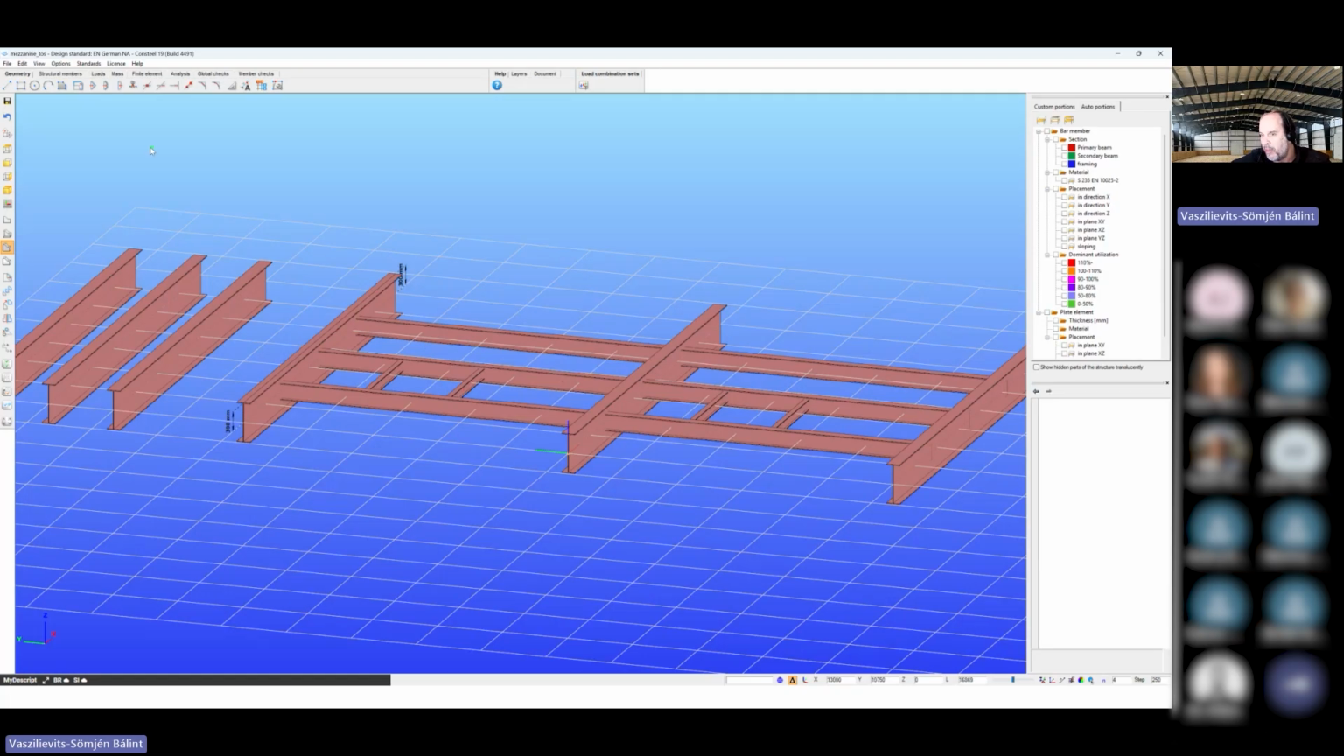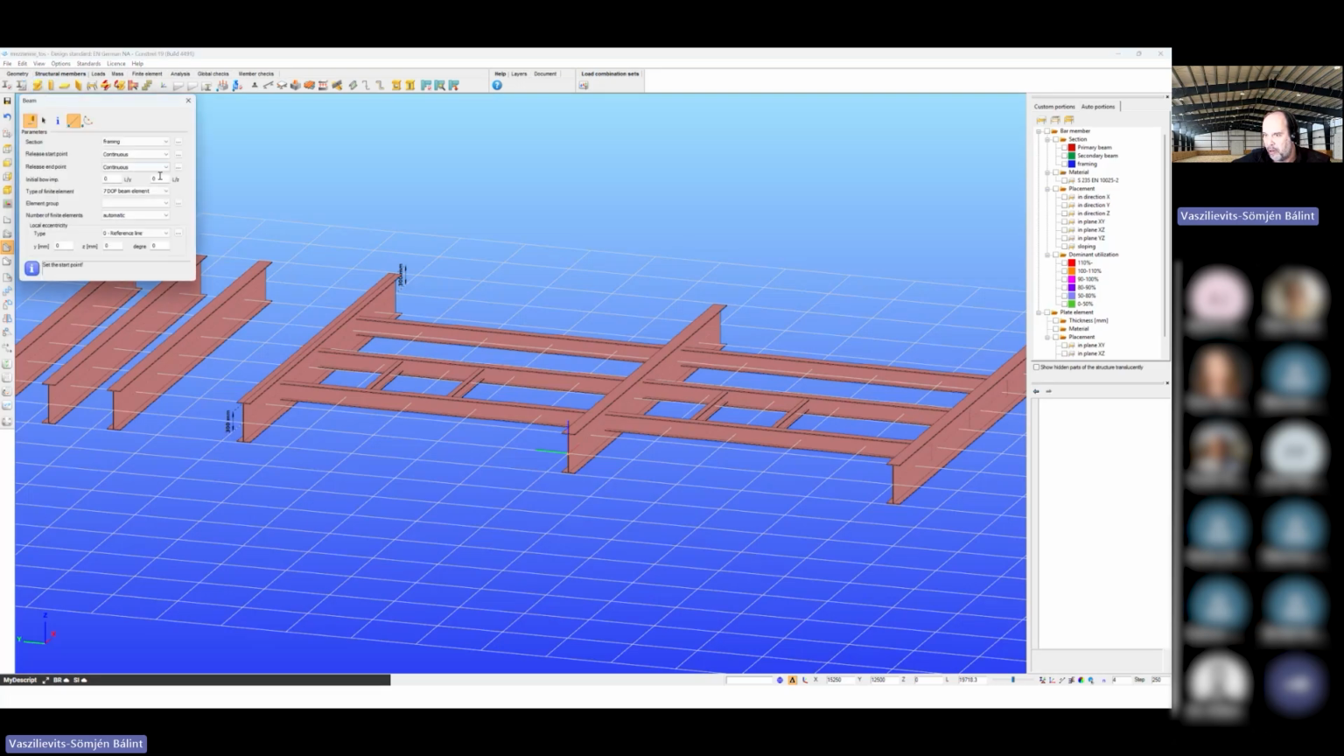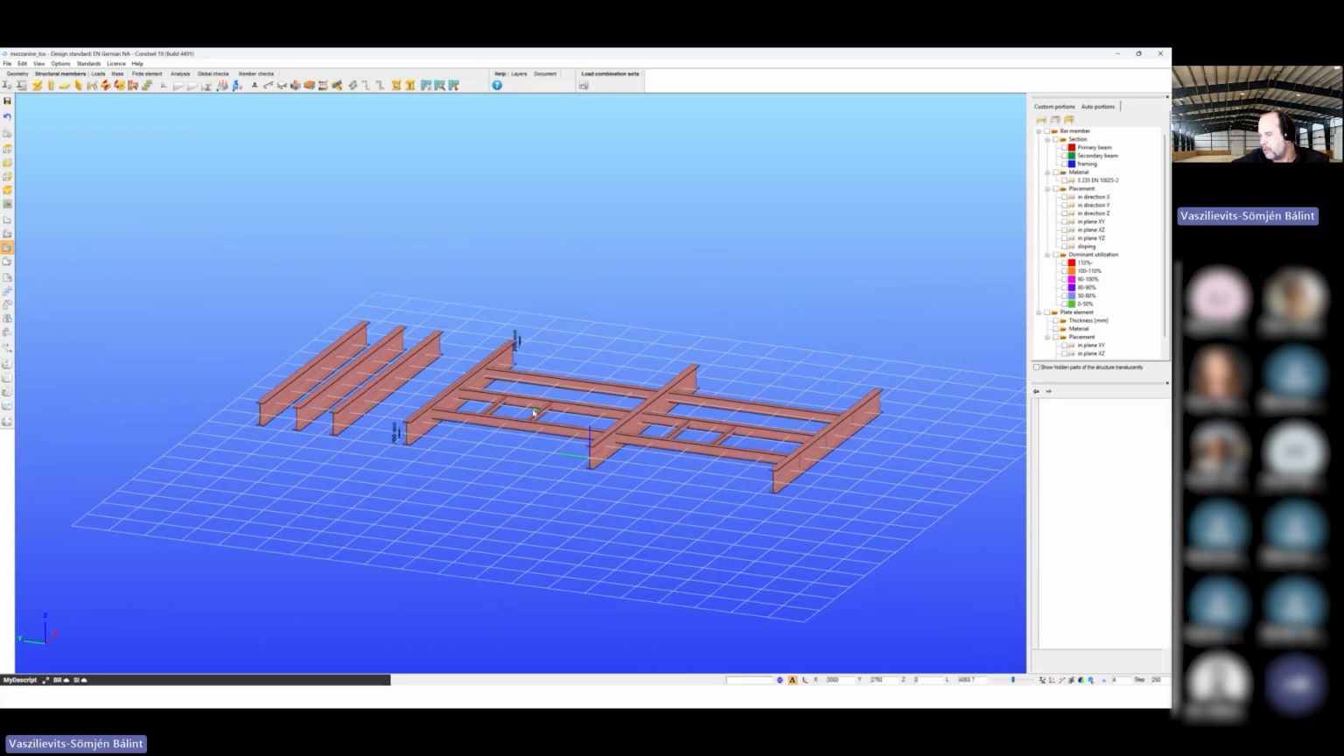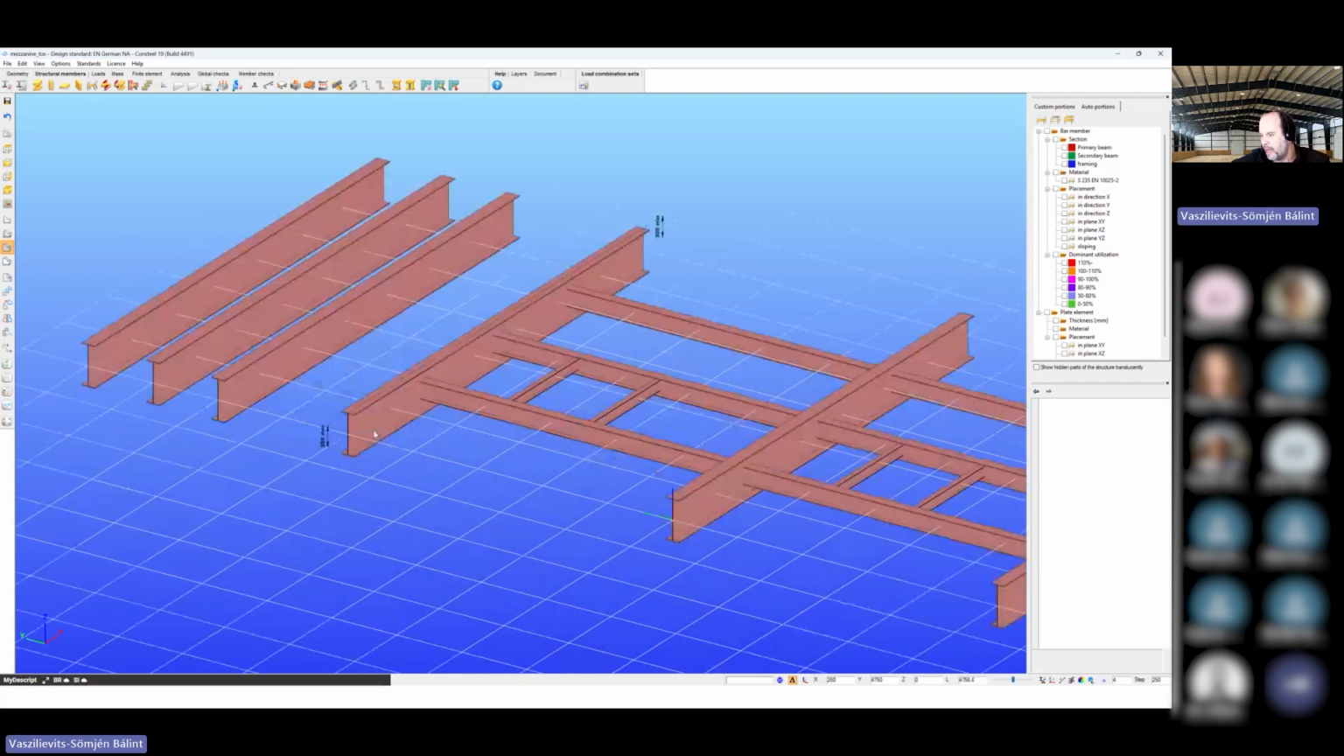So in Consteel now, it is possible to use the eccentricities immediately when an element is defined. It can immediately be defined with the right eccentricity. And also later on, like always typical in Consteel, if I select an element, then we can see all the properties on the right side, and we can also change them like that. So what I can do, for example, now is that